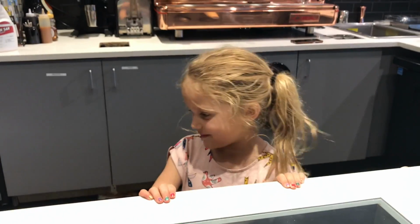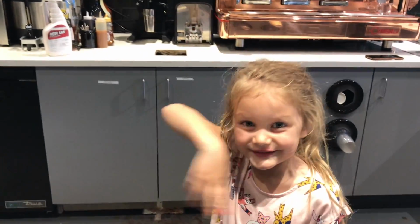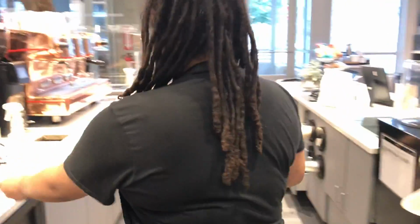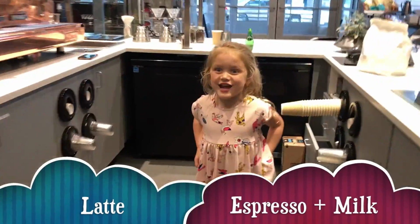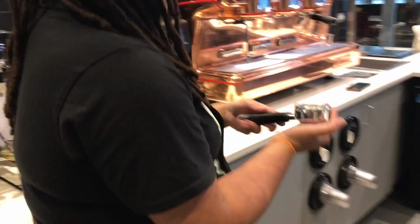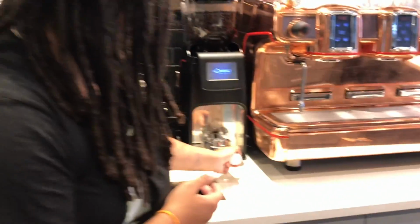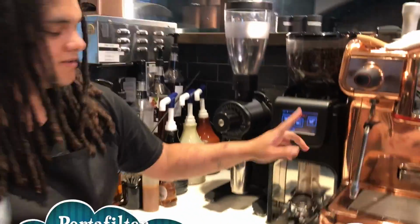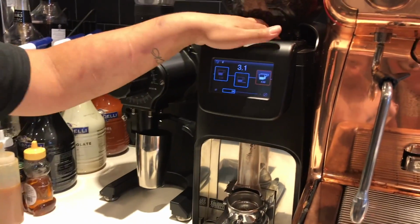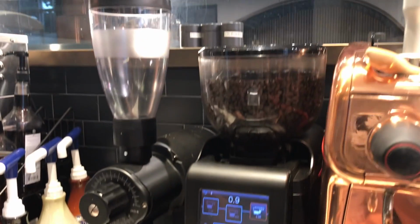Let's see what else is behind the counter. Come on. I'm Kat, and I'm the barista here at Vita Cafe. She's gonna show me how to make a latte. This is gonna be so cool. This is called our portafilter. So you'll put it right here. And so basically we're gonna press this button. Oh! Gotta make sure it's like